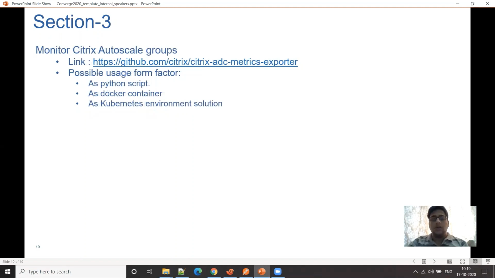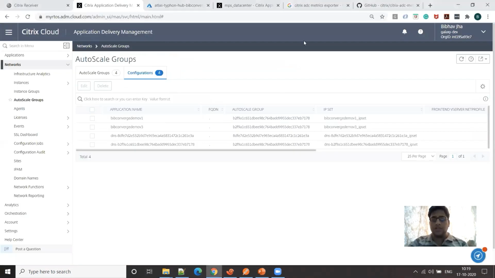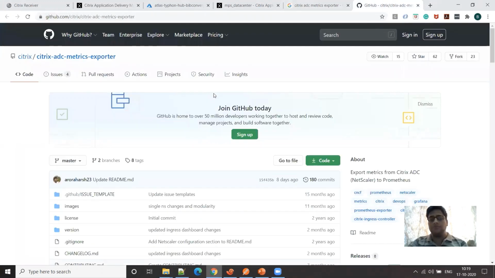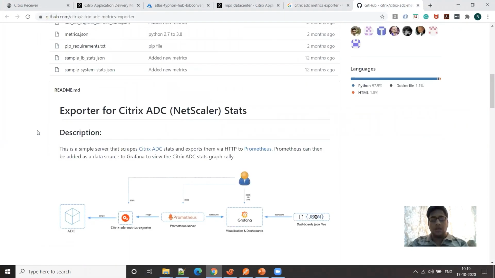Last section, monitoring of the Citrix AutoScale group. Citrix offers us an open source GitHub project that we are using in our pipeline for deployment. Details of this GitHub project can be found if we just Google this Citrix ADC Metrics Exporter. The first link that comes up is the GitHub project that we are referring to.